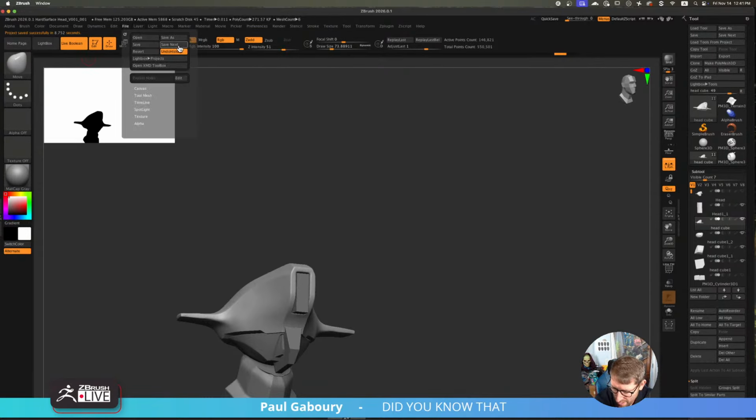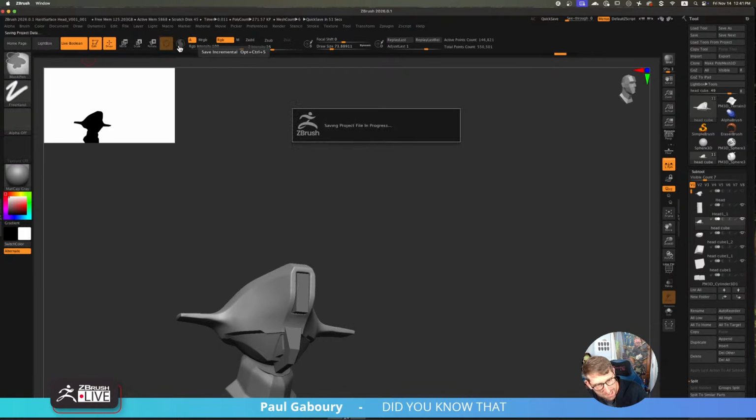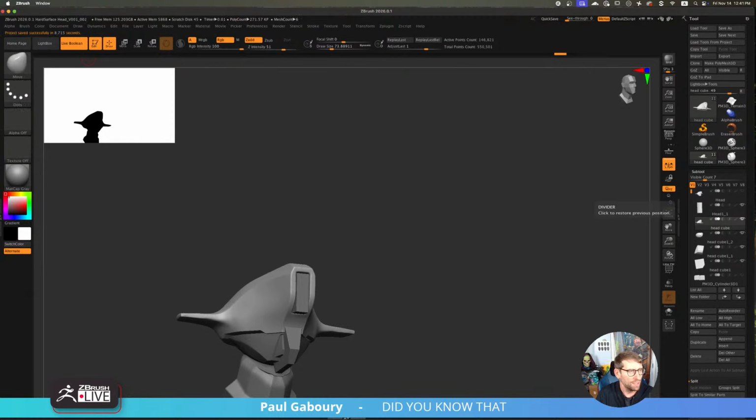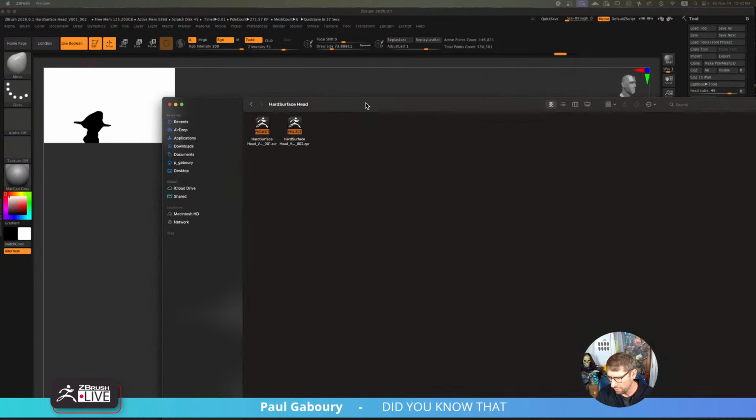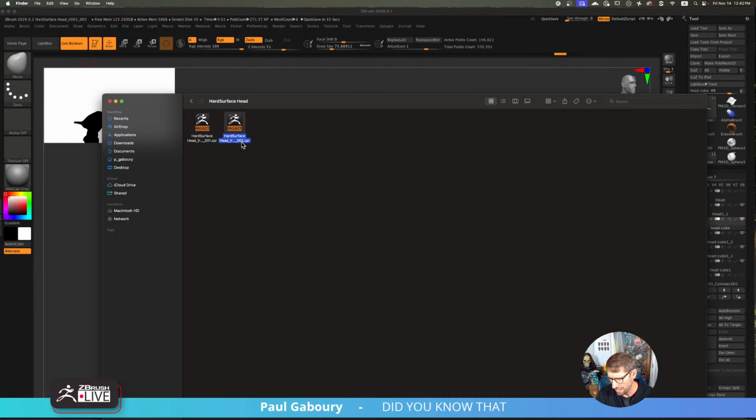This save next is Option Control S, so for me it's Alt Control S. It'll automatically save this project and put it in the folder that I just saved the original in, and change the name. See, it said 0001 and then it automatically goes 002.